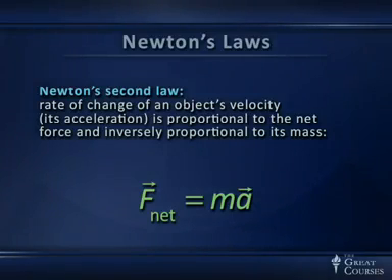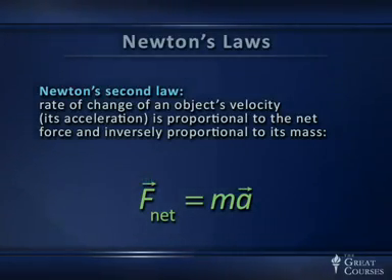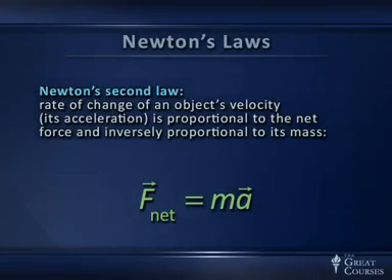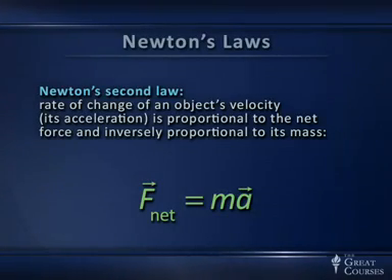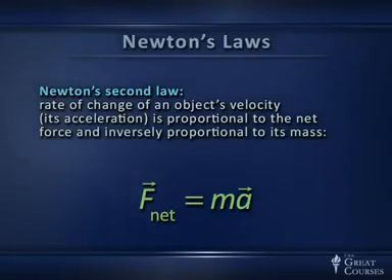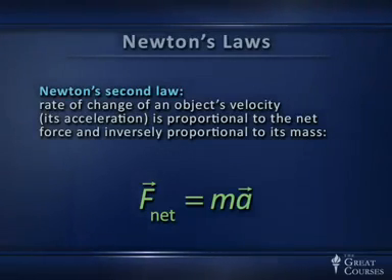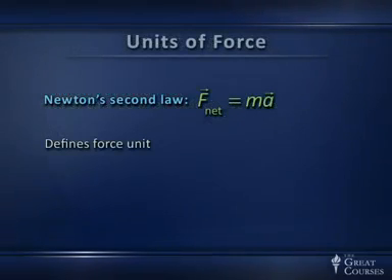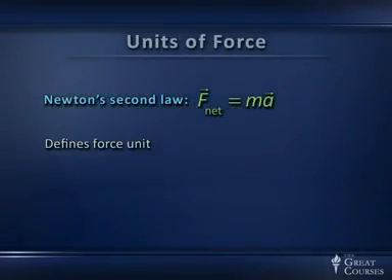You'll notice also that I've been careful to put the arrows over both the force and the acceleration because both of these are vector quantities. We've already seen that acceleration has a direction, which need not be the same as the direction of the velocity, by the way. And force, being a push or a pull, definitely has a direction. It matters whether I push you this way or that way. So both of these are vector quantities, and Newton's second law is a vector statement about the relationship between force and acceleration.